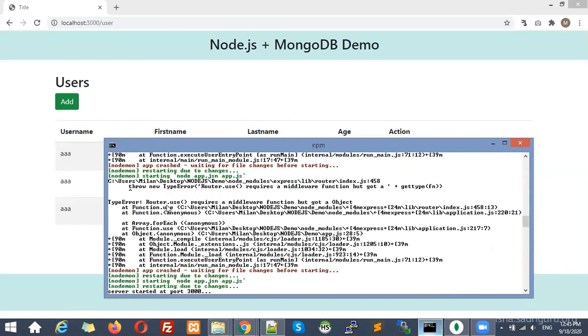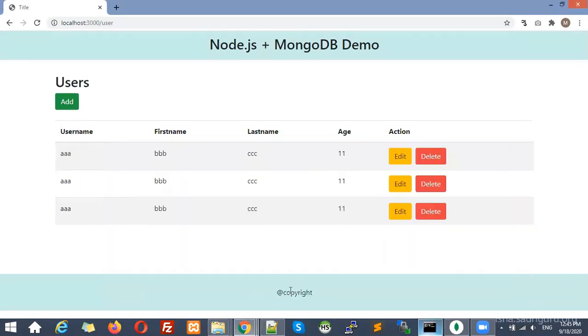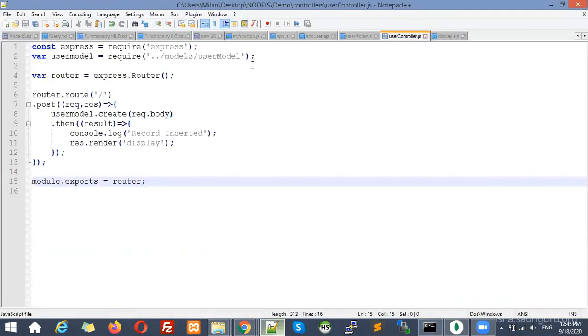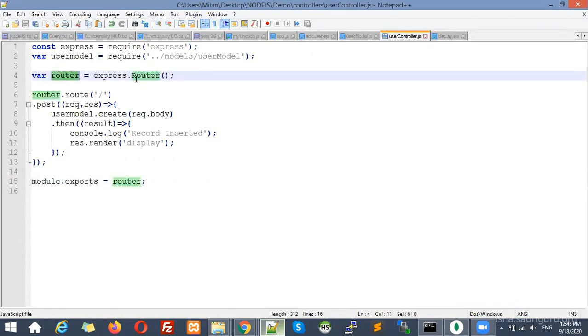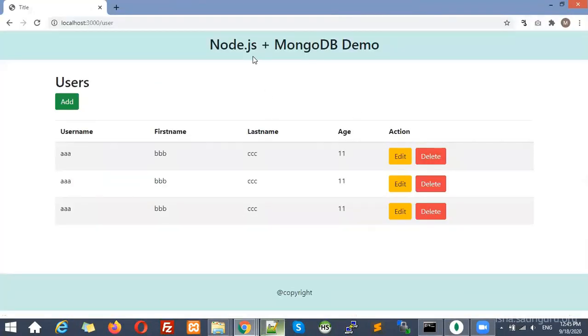Here we can see this method, this error we got, but this error was because we missed the bracket after router, right? That error I showed you, because we missed the bracket over here after router. We have just written express.router, so we have not created its object. Instead we have just assigned a new name to that one. That is the error. So this way we can insert.